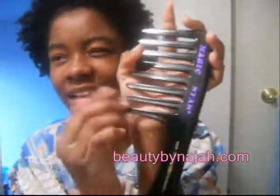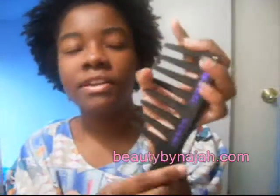So this is the only thing I have about this. I thought it was going to be like a dream, and it is really good. It's almost a dream. I guess I'll say it's a dream, but it's not as crazy good as I imagined because on the outside of the comb, it's smooth. They put some kind of smooth plasticky gloss over it. It's very smooth. But on the inside of each tine, or tooth, whatever the proper name for that is,